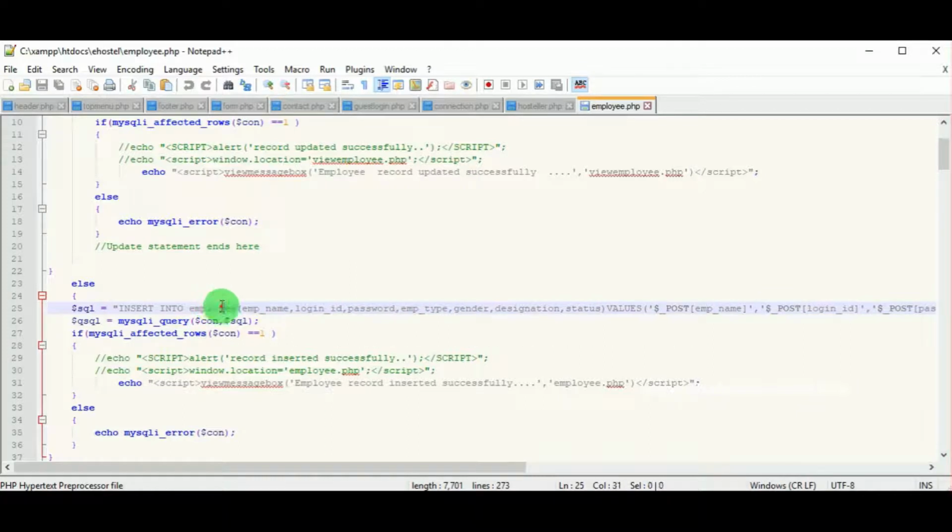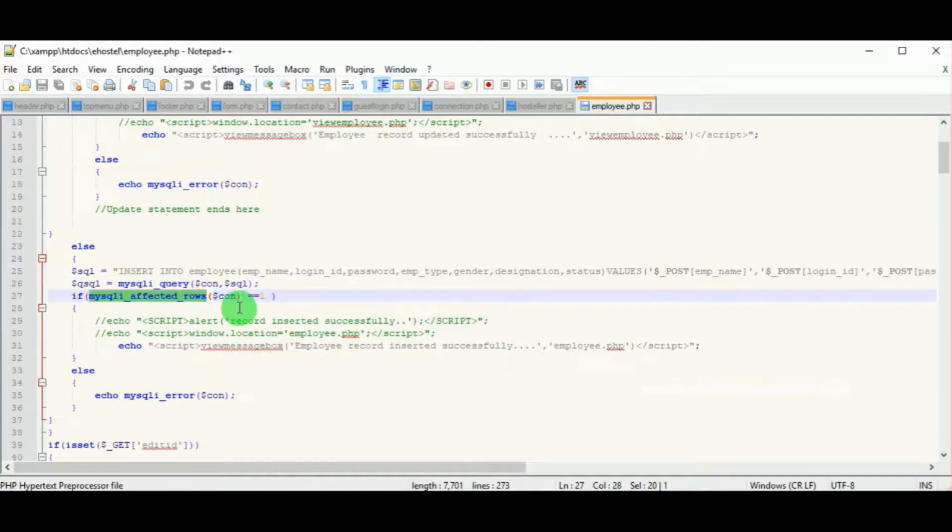This is the format which should be followed. Whatever is written inside the post are the names of the text fields of the form. Once the query is correct, it is checked with the MySQL query function, and this function will connect the database and the query, and check whether that particular data is present in the database or whether the data is valid.